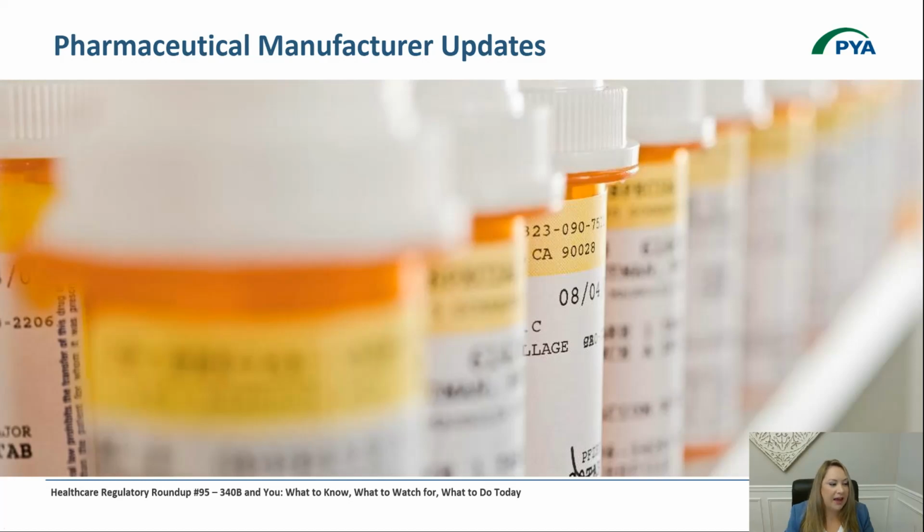And so we have the four pharmaceutical manufacturers that I mentioned. HHS has since filed for summary judgment. I believe that happened last month in May. They have filed for summary judgment in their favor against the pharmaceutical companies. And so right now, we're not sure where this is going to land, but we do know and can kind